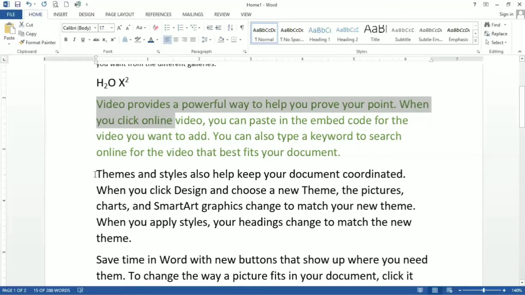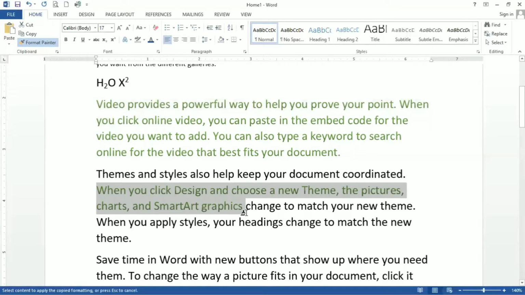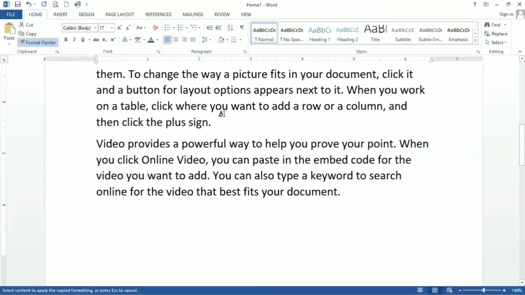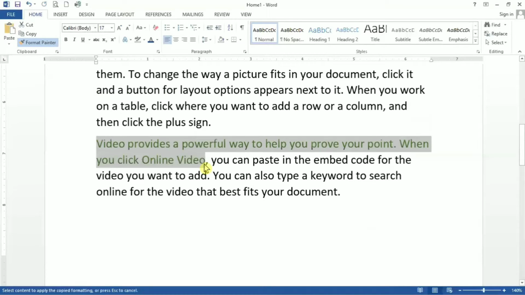Here you have double clicked on the format painter. Now select that particular line where you want to paste the format. Here we have pasted. If you want to paste the format anywhere else, you can do that. You can see the brush option is still there, meaning you can still format any number of lines.